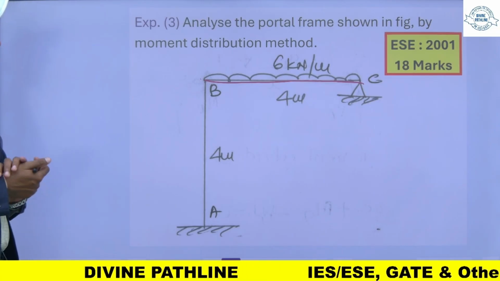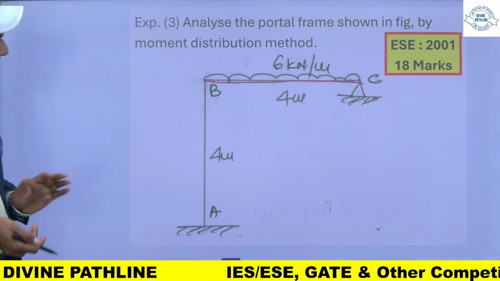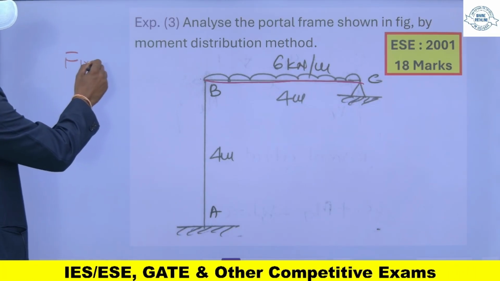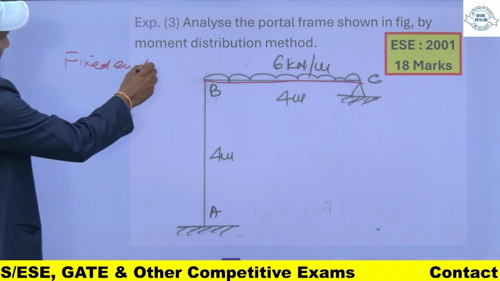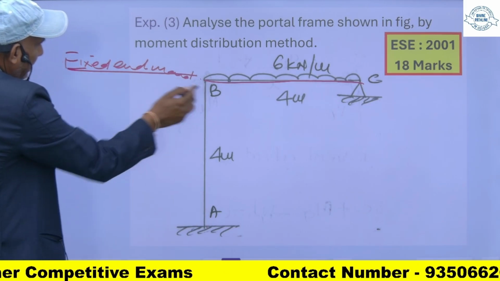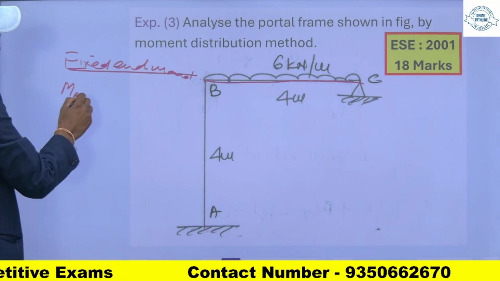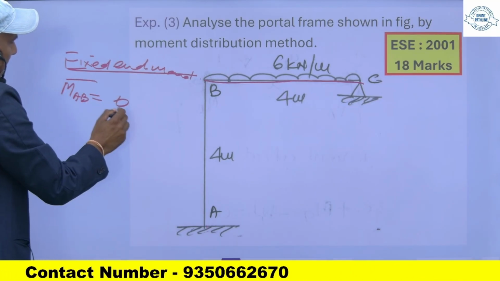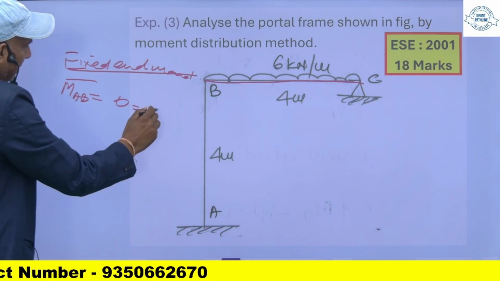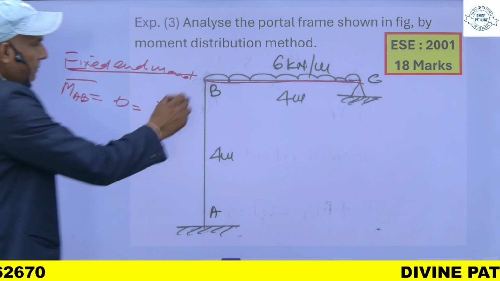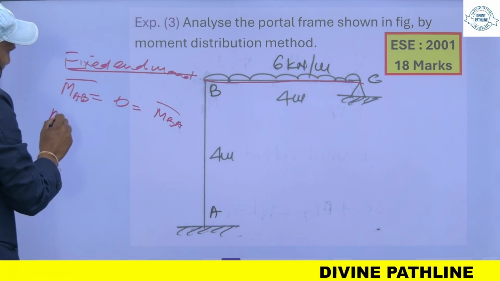So what I will do, same procedure. First I will find the fixed end moment. So for AB, this is equal to 0, no load is acting, and this BA is also equal to 0. For this BC portion, M_B_C,